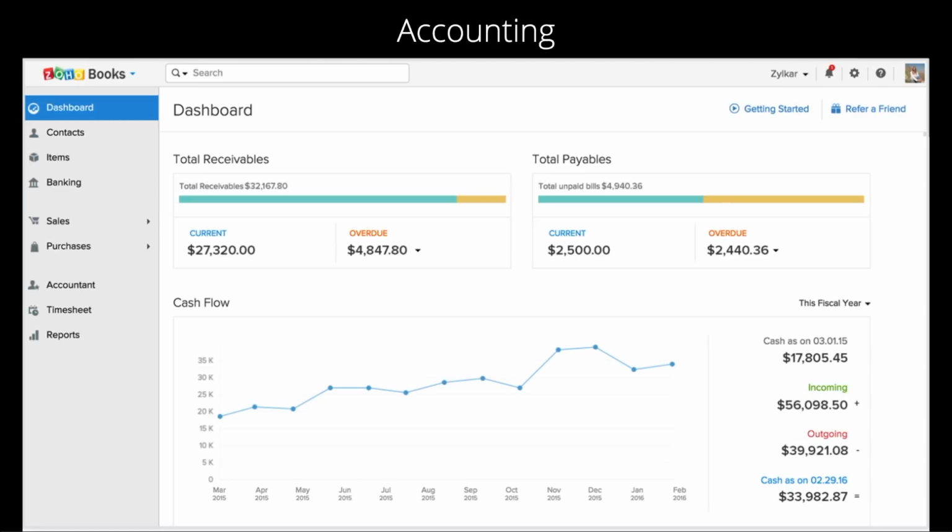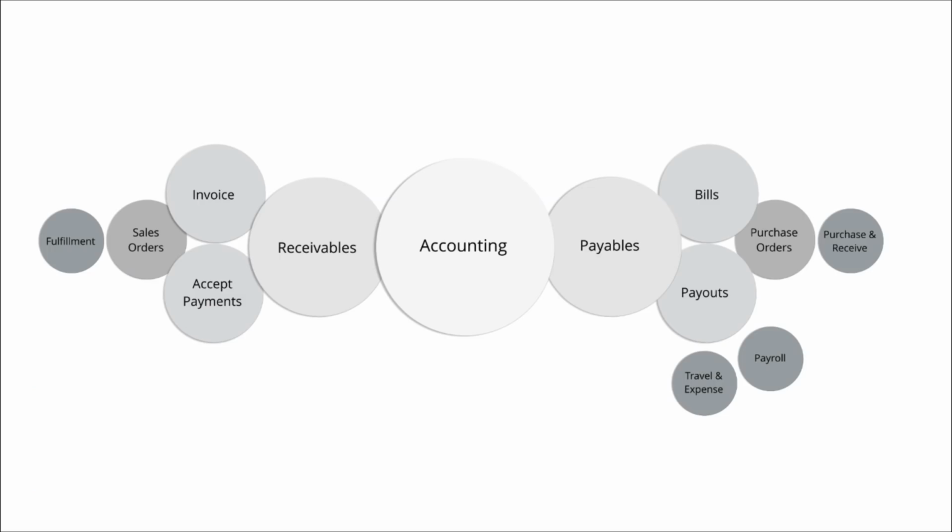And Zoho Inventory, along with Zoho Books, which is our accounting system, is integrated into the platform. If you look at our accounting system as well, there are two aspects to it. There is the money receivables part, which is the money that is coming into your business, and then there is a payables part, which is money that is going out of your business.